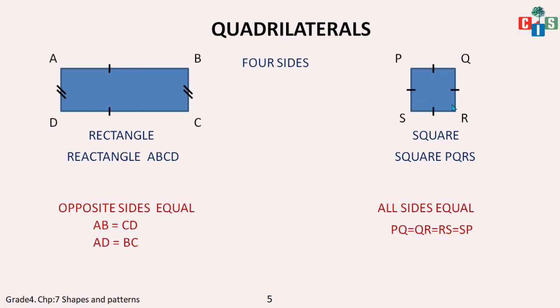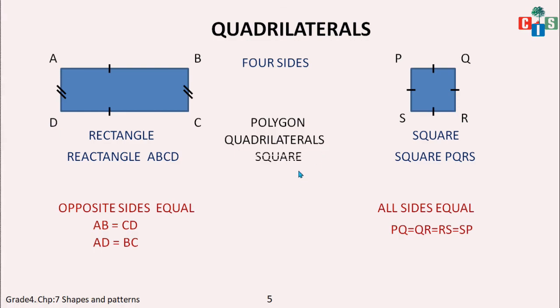See, I have done the same markings on all four sides. This means that even if I don't write that all sides are equal and I just show you this figure, it means that PQ, QR, RS and SP are of the same length. Fine. So we saw polygon, inside polygon we saw quadrilateral, and inside quadrilateral we saw square and